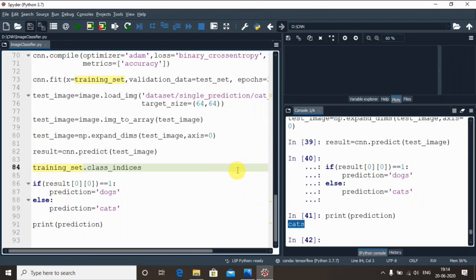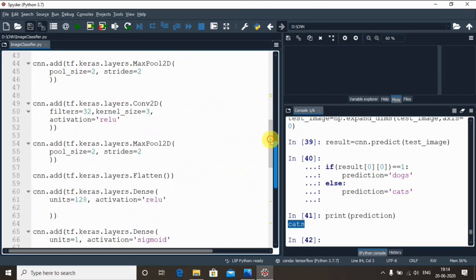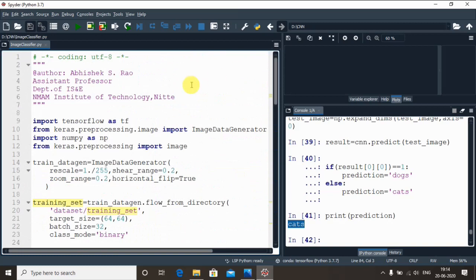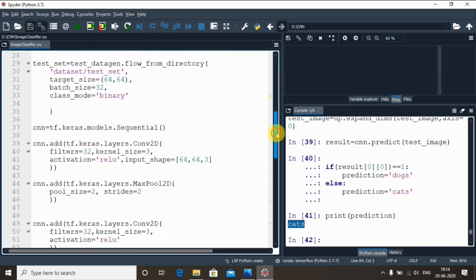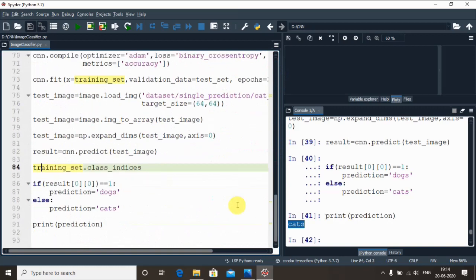So this was a small try from my side, as a beginner. If anyone would like to explore CNN with respect to the feature extraction of the image, then you can go ahead with this kind of thing, and definitely you can explore more with respect to this. This is what I thought will be sufficient for you to start as a beginner. Okay, anyways, to conclude, let us see from the beginning.